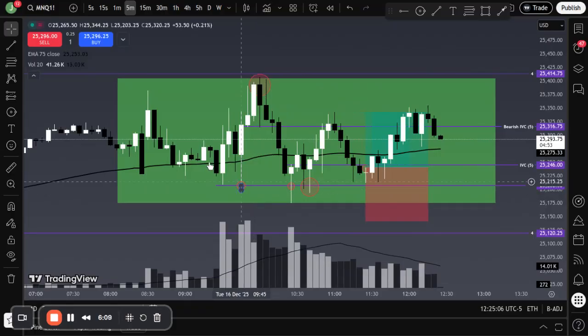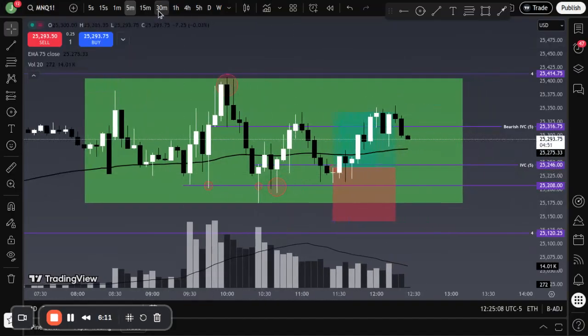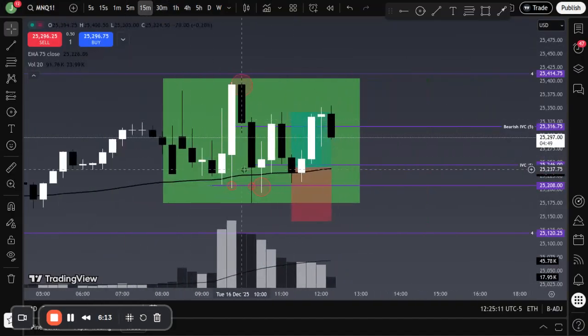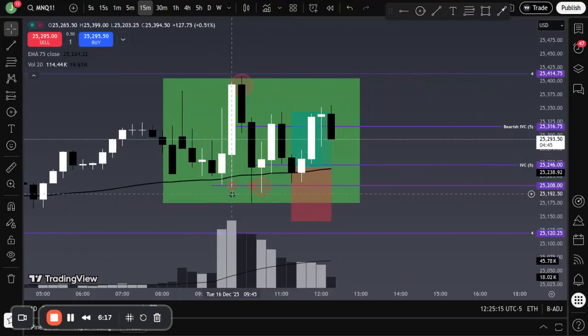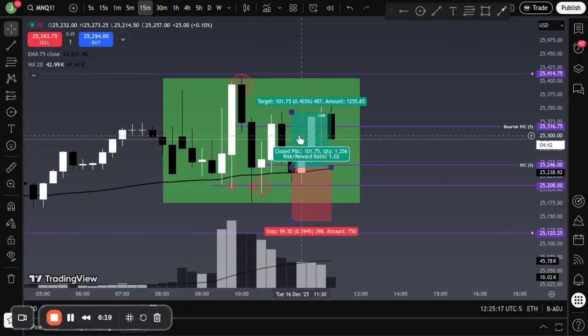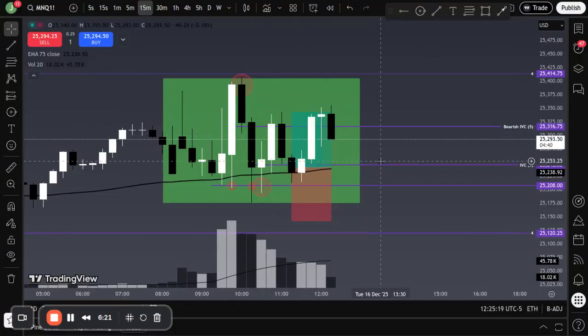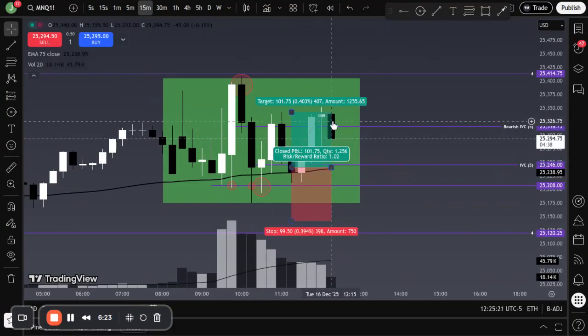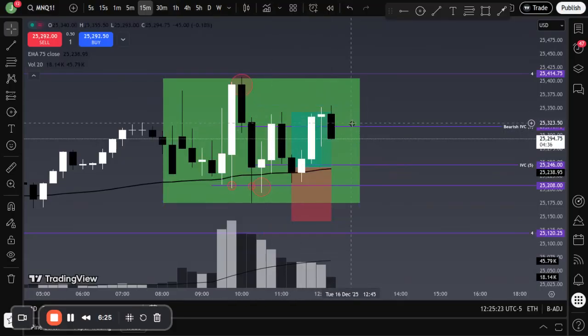So we've got the ranging market. We traveled up the time frame to see what the bias is, because when the market's ranging but we have this bullish PVC, the expectation, it's not a guarantee, but the expectation is that we're going to want to break out of this range bullish,